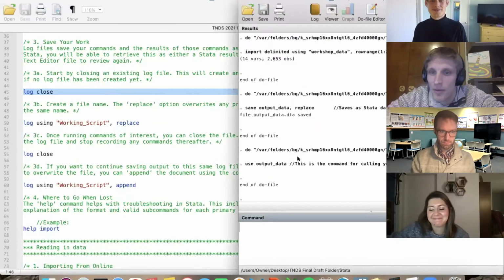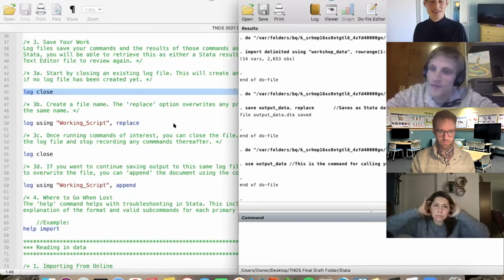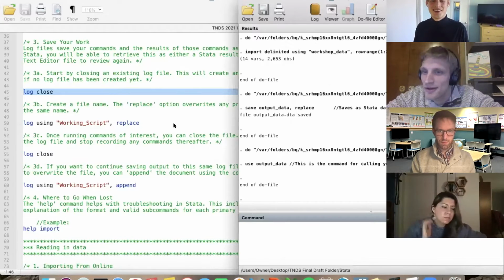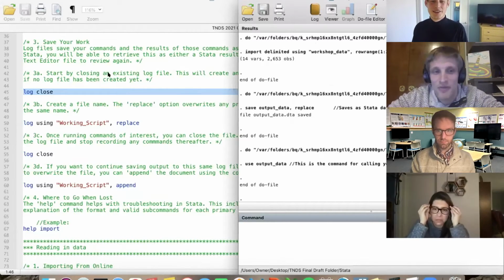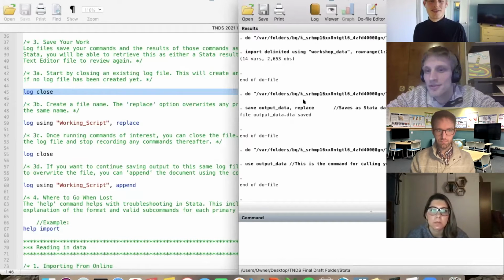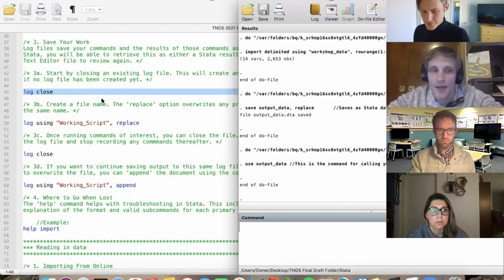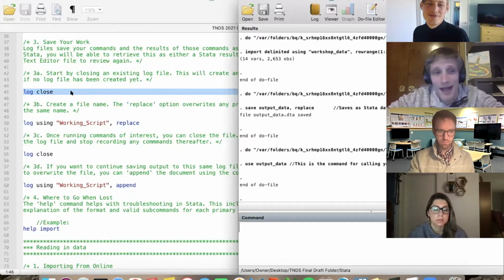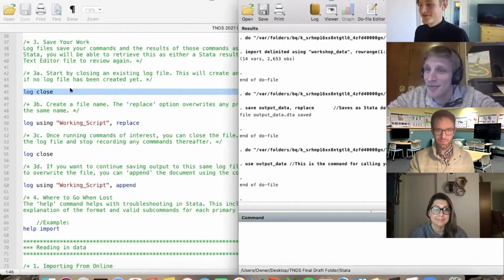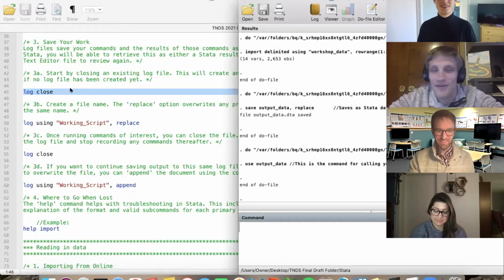You then have your output file, which is where all your results come. But the problem is you don't have both of them in the same place. So the nice part about a log file is that you're able to save both the code that you write and the results that you see in one location, which is known as a log file. Why all of these different names? I'm not entirely sure. They like to make it difficult for you, but hopefully this will be a little bit